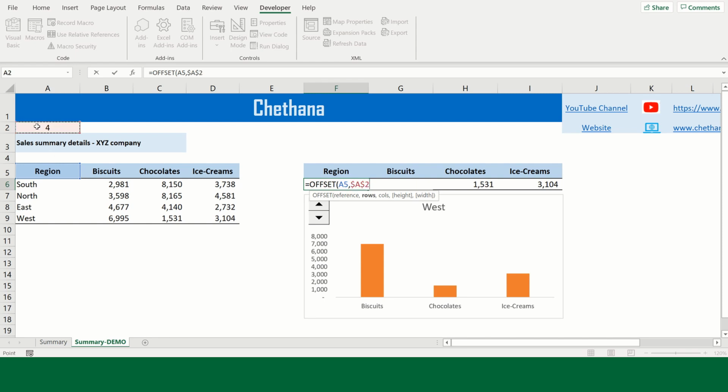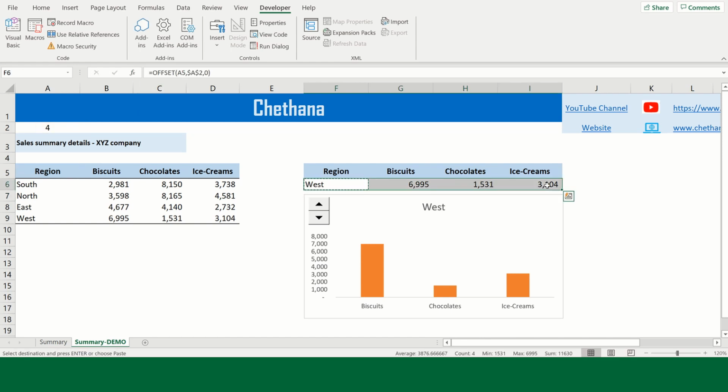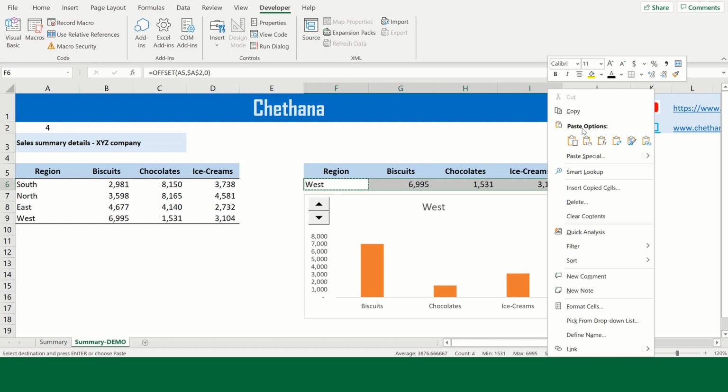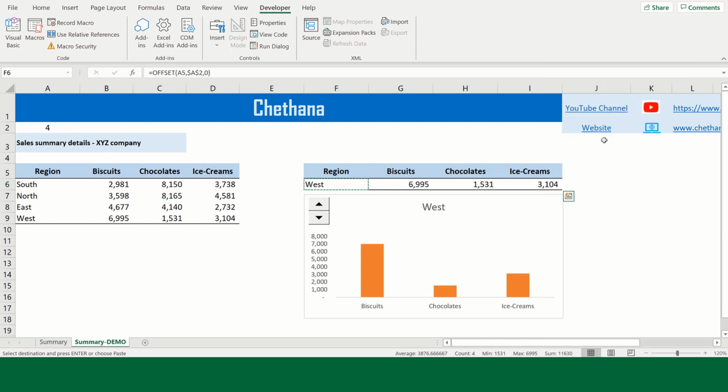For the linked cell, we need to use the absolute reference, then a comma, and put a 0 in the column, because we don't want to offset any number of columns. So I have applied the formula. I am going to copy and paste the first row of the small table with the formulas.